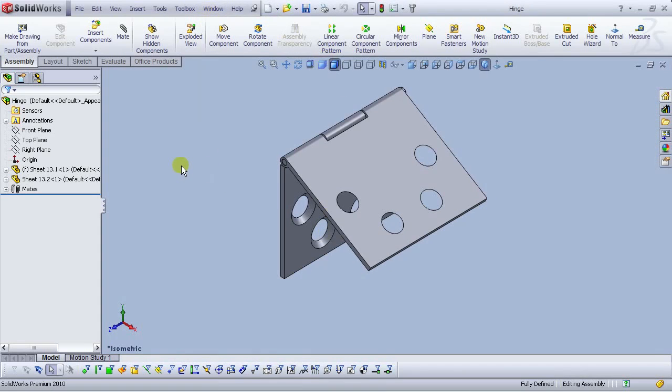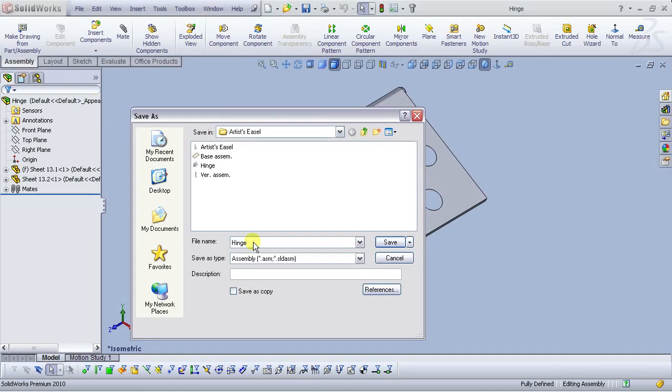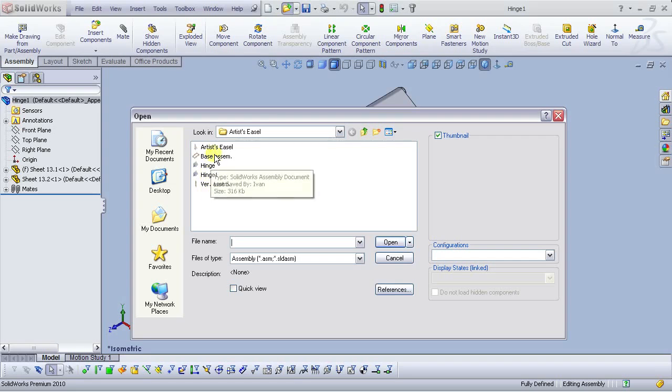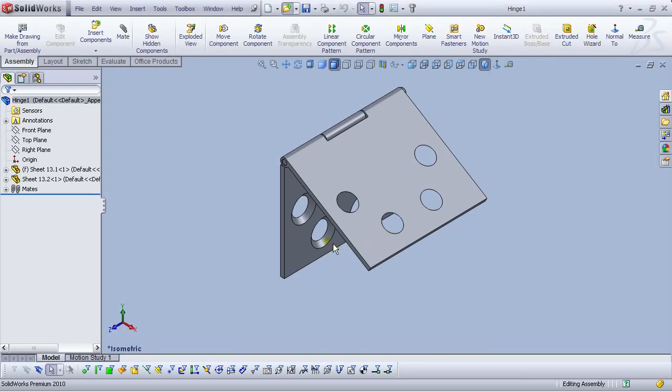Okay, now let's save this hinge, save as hinge 1. Okay, now we have our hinge 1. Looks good. Now let's open our assembly, Artist Easel,